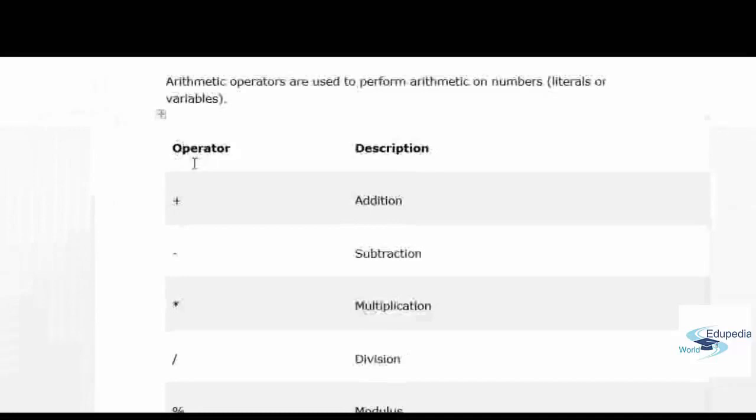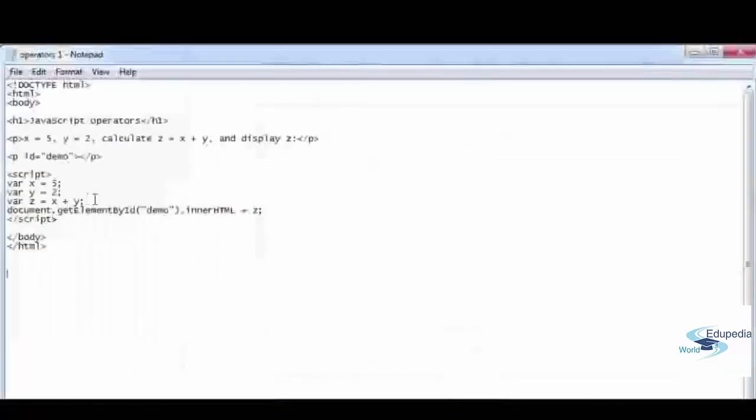What's an operator? An operator is something that tells the JavaScript what to do. Okay, whether you need to add, subtract, multiply, divide, modulus, increment, or decrement. So these are the arithmetic operators that are used to perform arithmetic on numbers, literals, or variables. So you're supposed to be using these in JavaScript. In the example here that we talked about, we were using the plus operator. Okay, so x plus y is equal to z, and